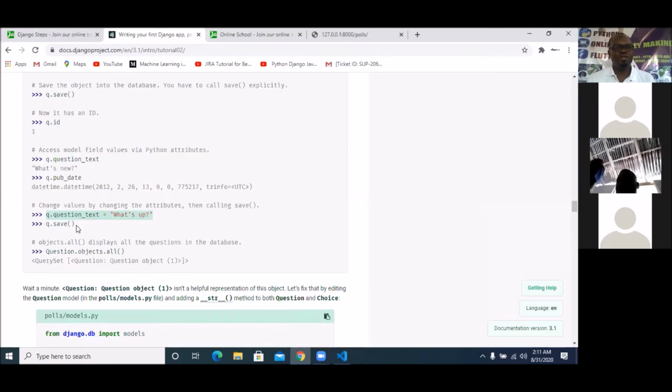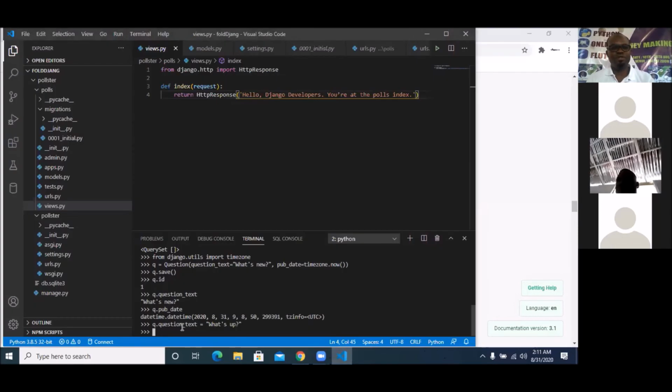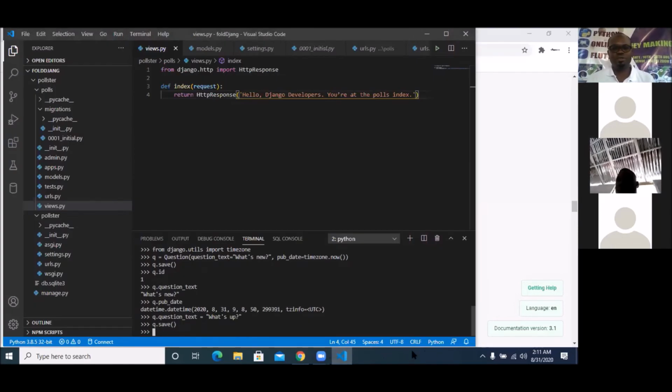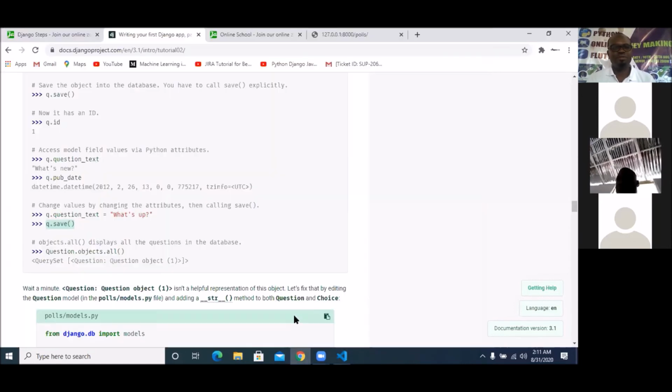So the next thing will be to save. Take note, whenever you create, you must save. Whenever you create, you must save the question. If you don't save the question, it is not fully created. So that is saved now. So after creating, I can now ask it for all the questions created or everything inside by simply saying Question.objects.all.